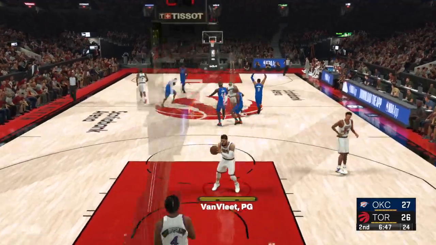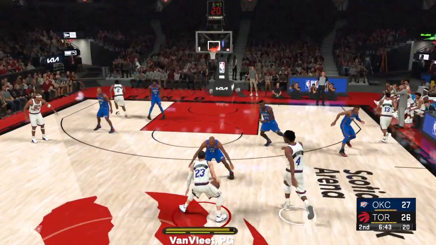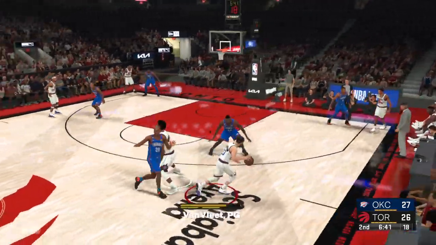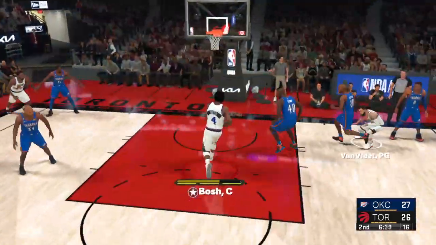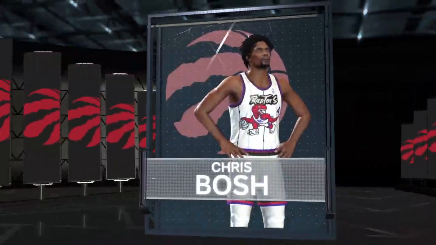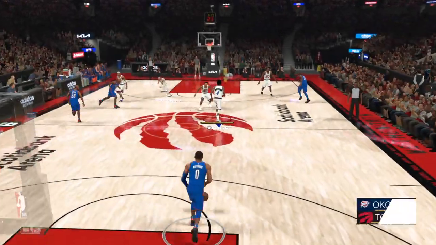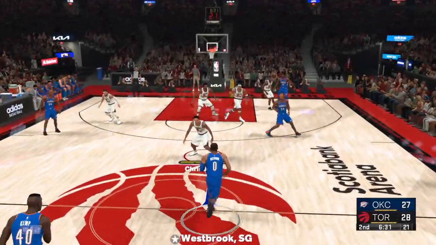And how about the determination there from Payton? The glove showing off his fast hands yet again. VanVleet passes to Bosh. And the dunk by Bosh. And we've seen several lead changes tonight. Neither team giving an inch. On the edge of my seat courtside, man, this has been a barn burner.